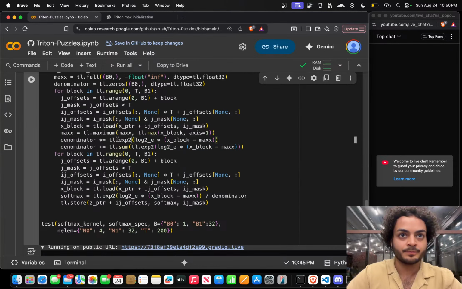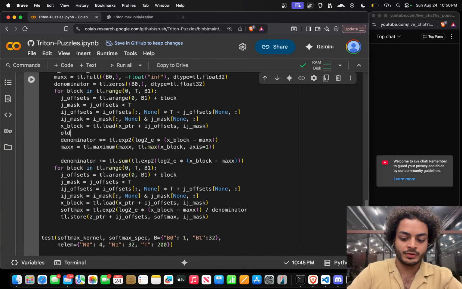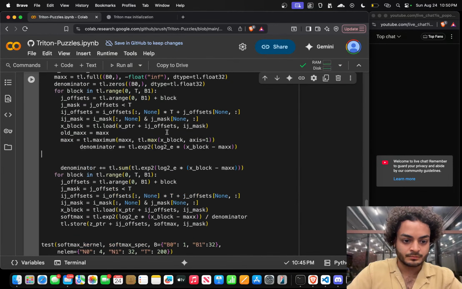We want to take any old maximum value you had and subtract it. Maybe like this. Maybe I'll say old max equals max, max equals this, and the denominator times equals